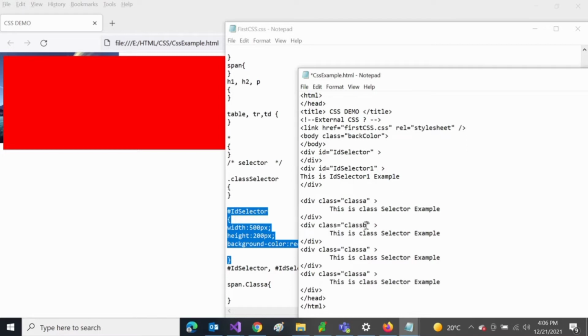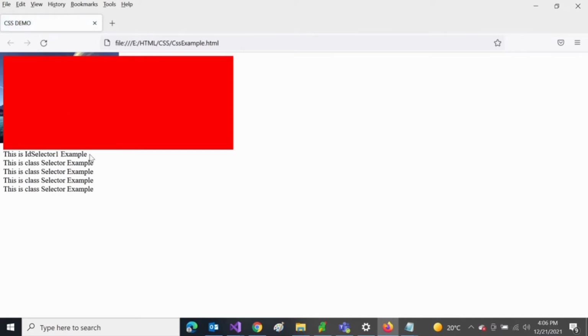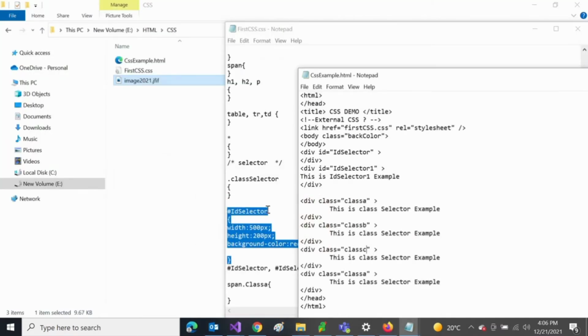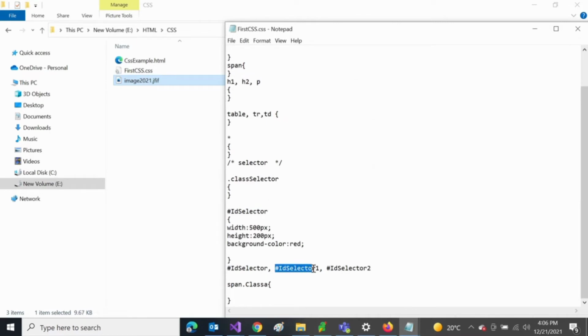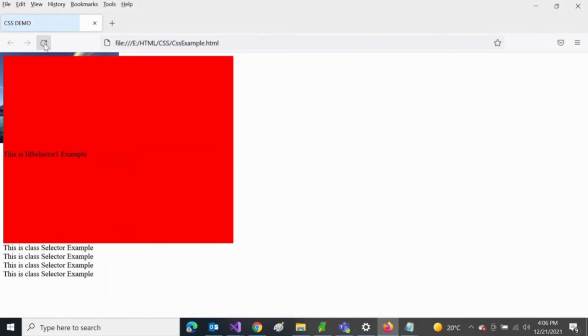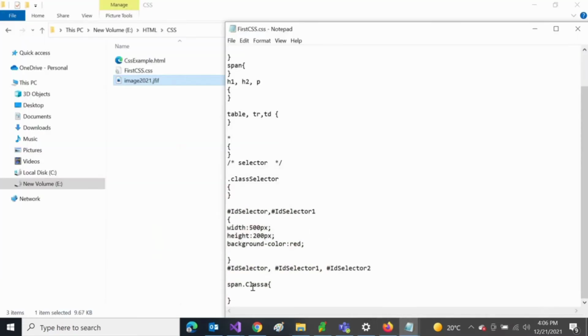Let's make class B for the second one and class C for the third div, and let's keep class A for the fourth div. Now save it and you will get the display like that. Let me go to the first css file and copy the id selector 1 and combine it with the id selector. So id selector 1 and id selector, both of the two divs will contain the common css and will be displayed in the html with 500 width and 200 height.